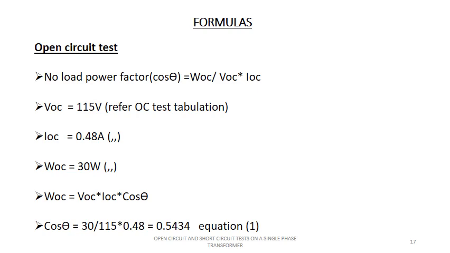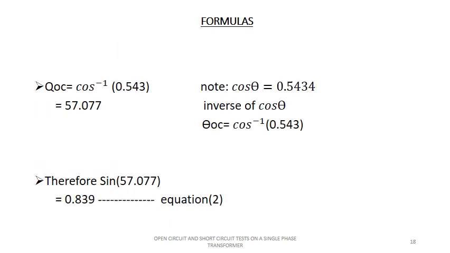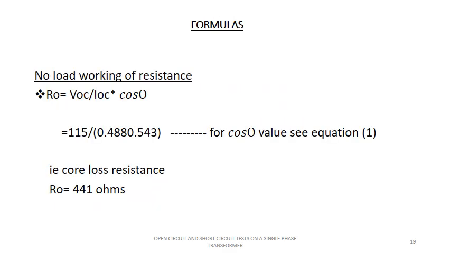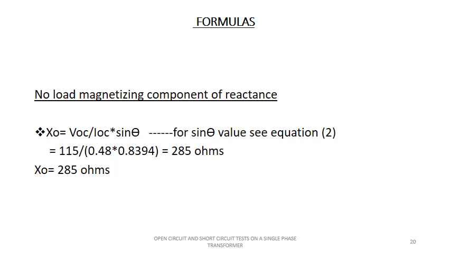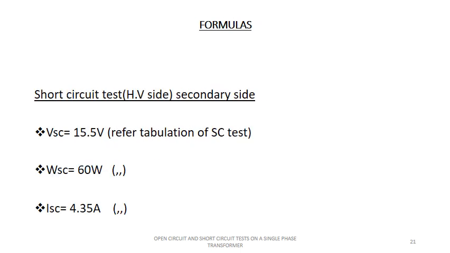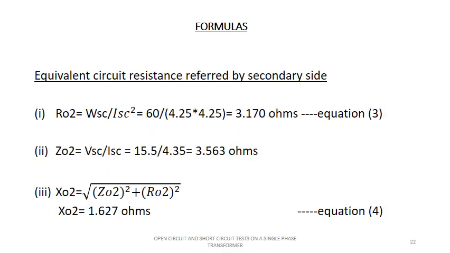And these are also the formulas for cos inverse, sine, and formulas for no load working component of resistance to find R, and formulas for no load magnetization component of reactance, and formulas to find the short circuit test values VSC, WSC and ISC, and the formula for equivalent circuit resistance referred to the secondary side,